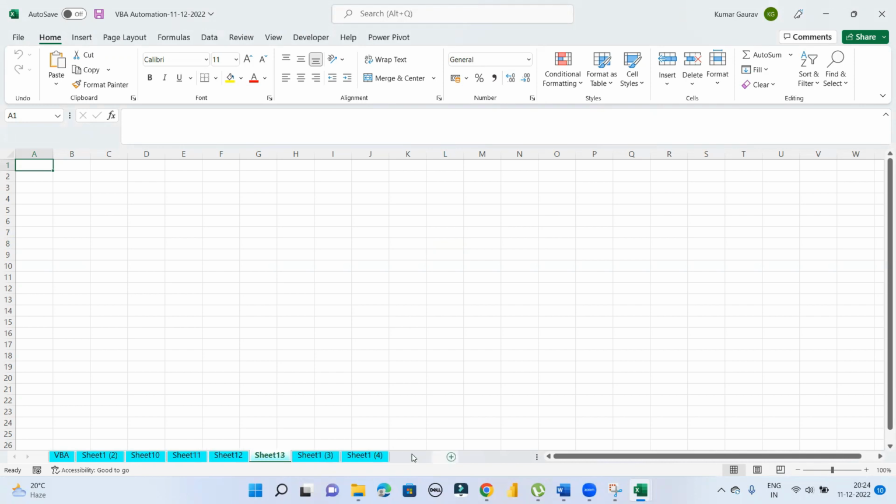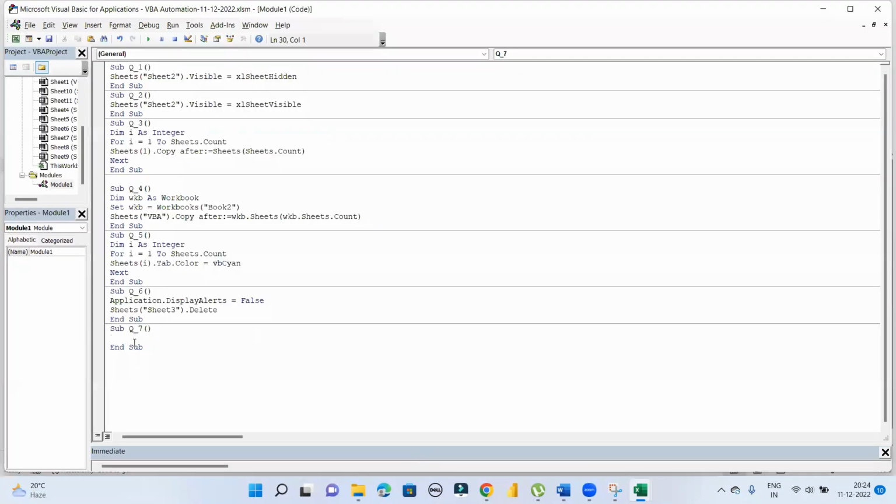This is sheet number 10. If you want to delete multiple sheets at one time, then how can it be possible? Let's see. At first, we write application dot display alerts equal to false,